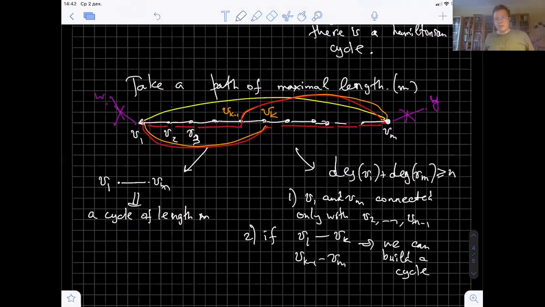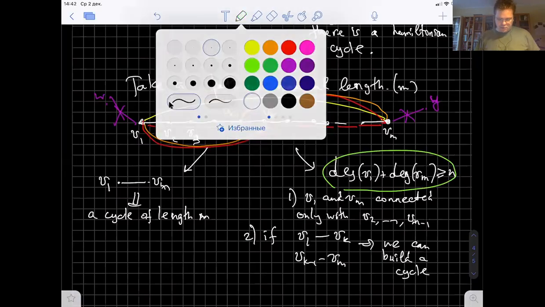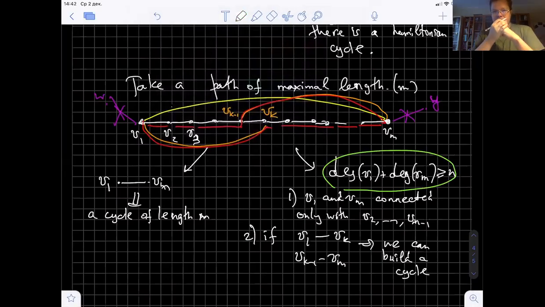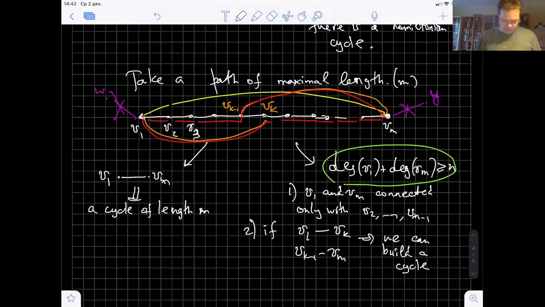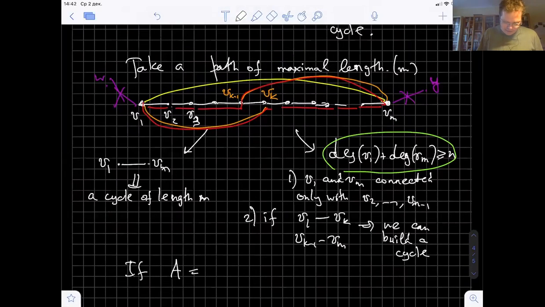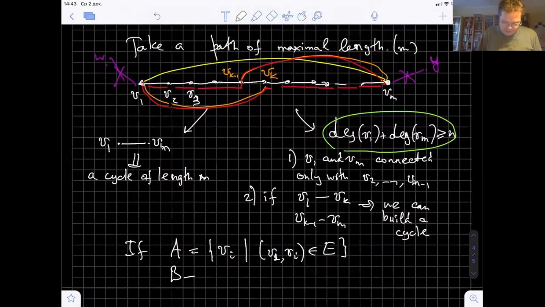Then I will have, how can I prove it? I need to use this inequality here, this condition. So if A is the set of the vertices that are connected with V1, so it's like the Vi such that V1, Vi is an edge. And if I look at B, if you take Vi plus 1 such that Vi, Vm is an edge,